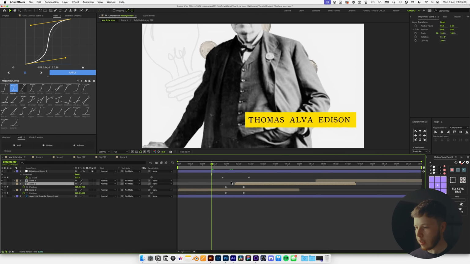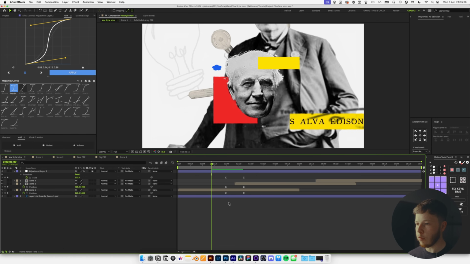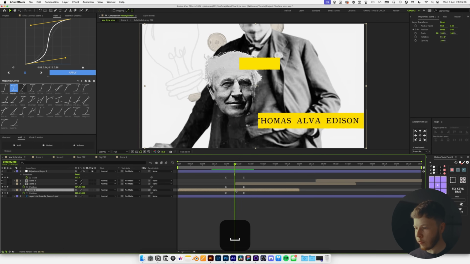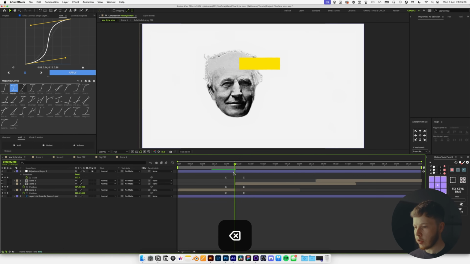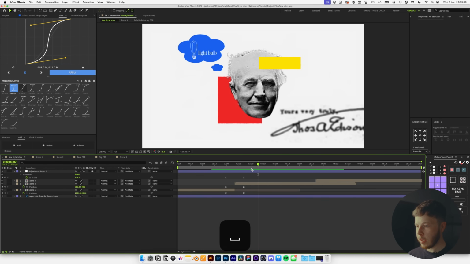Already there, we just get a little bit more movement, and I'm just going to line these keyframes up and also add sexy speed to those, just so we get a little bit more movement in here. We want to make sure, of course, that we cut that up so that we don't get any weird overlapping. I think this scene in and of itself is pretty good, and we just need to transition from this to